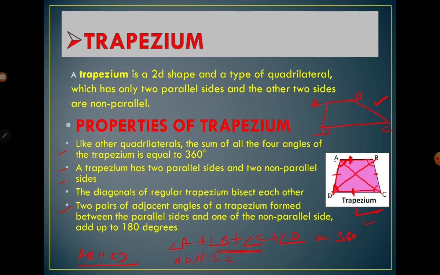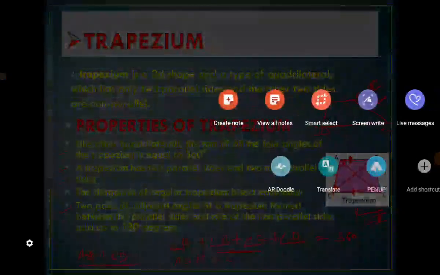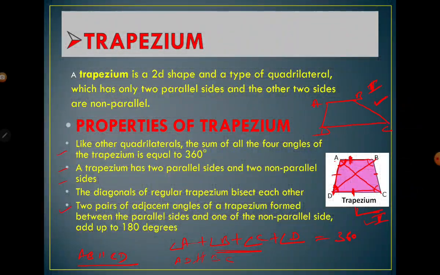You can write another name. You can write here first one, and here second figure. So figure 1 is a traditional, normal, simple trapezium or trapezoid, and figure number 2 is an isosceles trapezoid. What is the difference between these two? In the first one, there is a pair of parallel sides and the non-parallel sides are unequal.